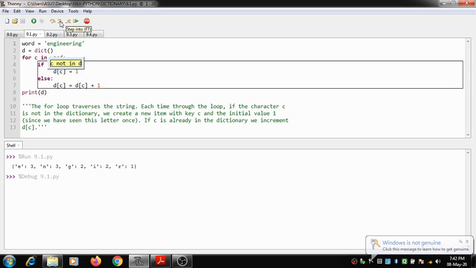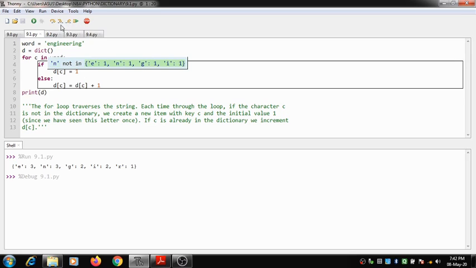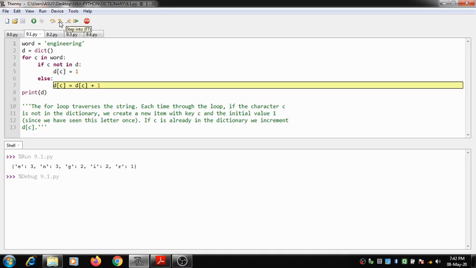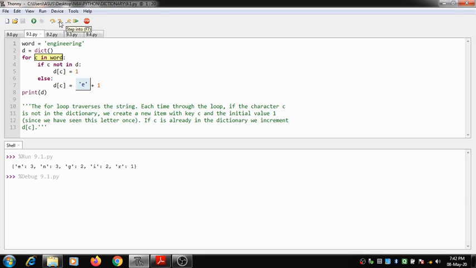Okay, now let me take the next character, that is N. Okay, is the character N present inside the string? Yes, the character N is present inside the string. So what will happen? Not in string will return me false. So as N is present inside a dictionary, because we have previously seen N, it returns false. We go to the else part. Else part में क्या होगा? It will increment the value of n. So here what happens? I increment the value of n by 1. So n value becomes 2 now.